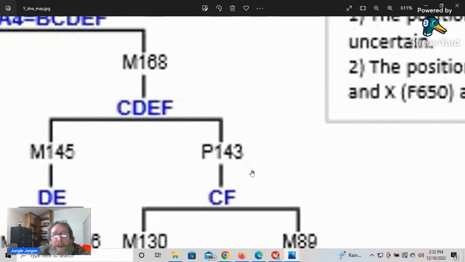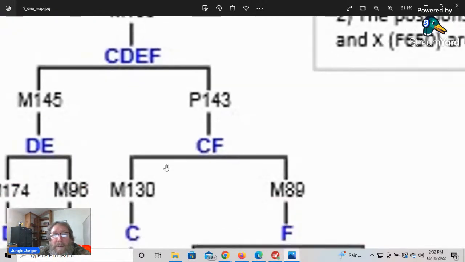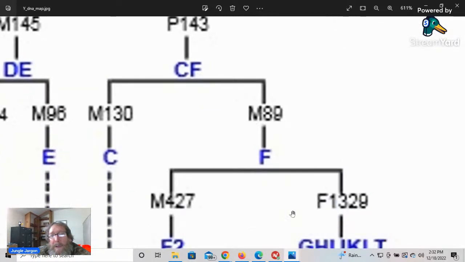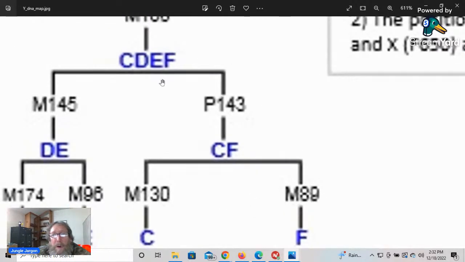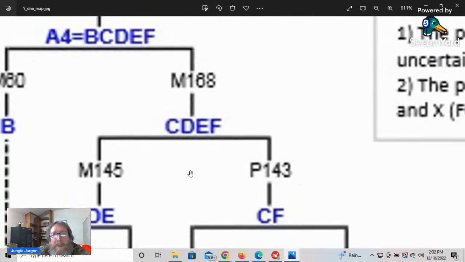So this marker here, Nimrod can share with the rest of the populations going left to right. He can share this marker because he's the oldest son of Cush, who is the son of Ham, who is the oldest son of Ham. So then this marker then is lost to